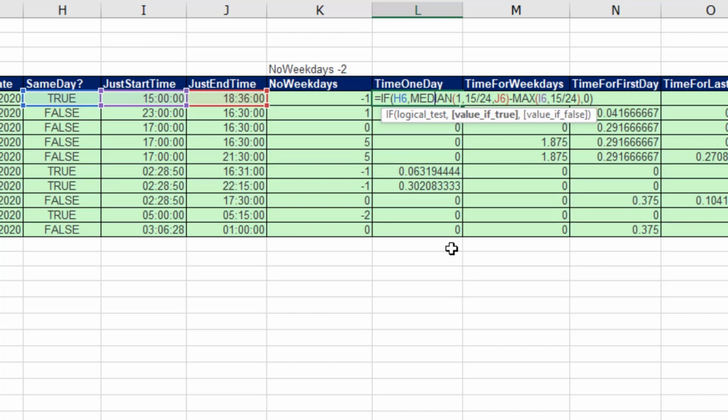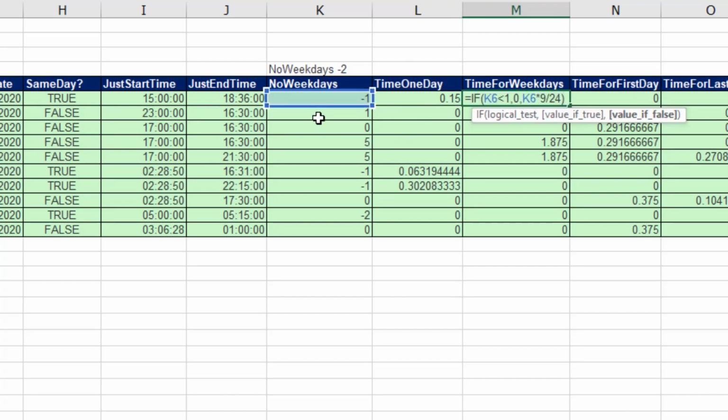And instead of using the MIN and MAX together, I checked for the end time value. Please give me the one in the middle between 24 hours, which is 1, 15:24, or the actual value. And then I subtracted the MAX of the start time or 15:24. And then a 0 gets deposited in the cell when there's more than one day. Time for the weekdays. I checked, are the weekdays less than 1? If that's true, then 0. Otherwise, just take this 5 right here times the maximum number of hours you can work, which is 9